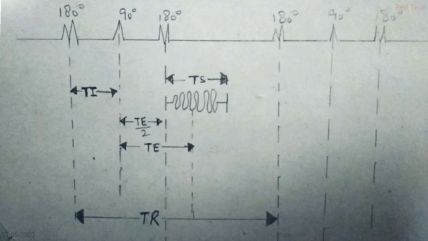The time between the two pulses represents half the time of echo, or you can say time of echo by 2. Basically time of echo in this is when the 180-degree pulse is also turned off. When the 90-degree starts dephasing, the hydrogen protons release some energy, and some echo we grab to form the image, so that time is basically time of echo by 2.